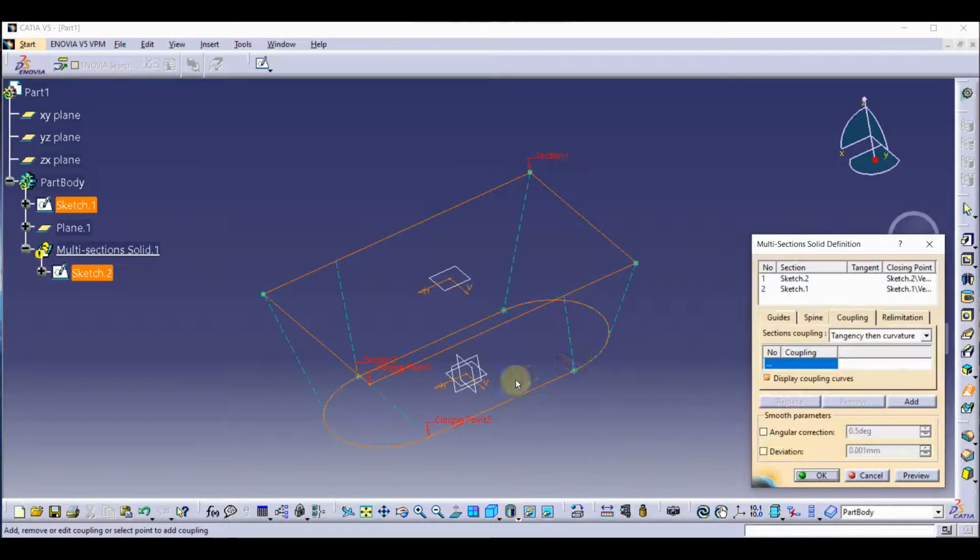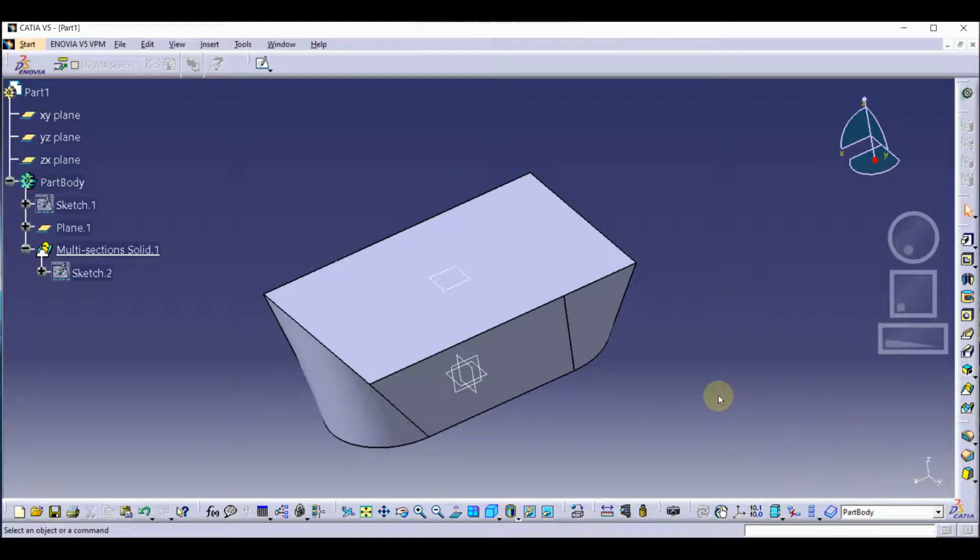Now you will see the number of vertices that join together: 1, 2, 3, 4, 5, 6. So the slot has 6 vertices and it joins the rectangle. Now I am going to choose the ratio and press OK. As you can see it joins the multi-section body.